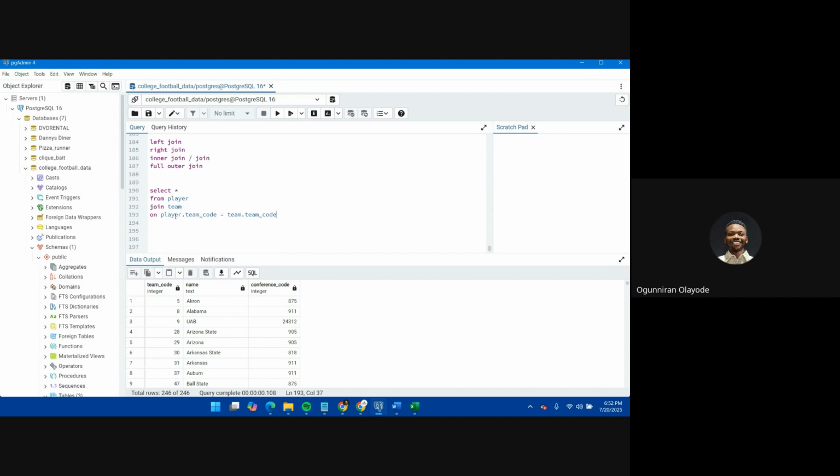Sometimes the column names might not be the same, they might be different, but the content is the same. What is very important when you are joining two tables is that the content of the columns you are joining on must be the same thing. They might give them different names, probably this one is team code, this one is team number. It might be a different name, but as long as the value is the same, it's still going to join. So if I run this now,